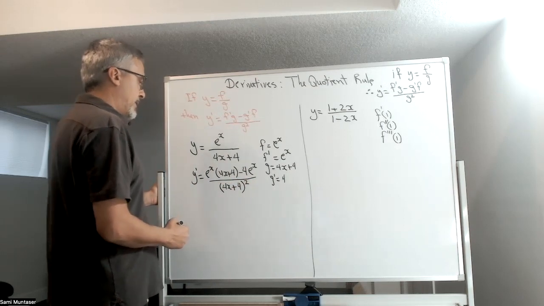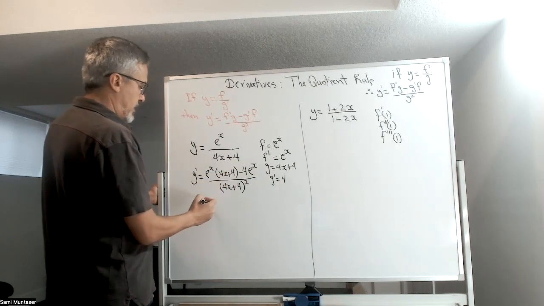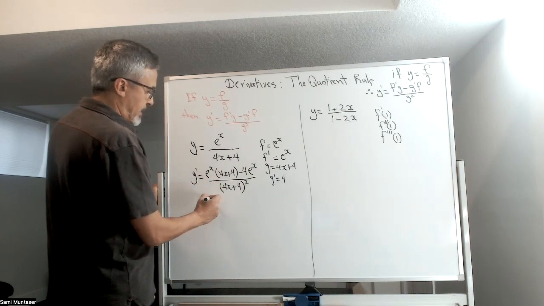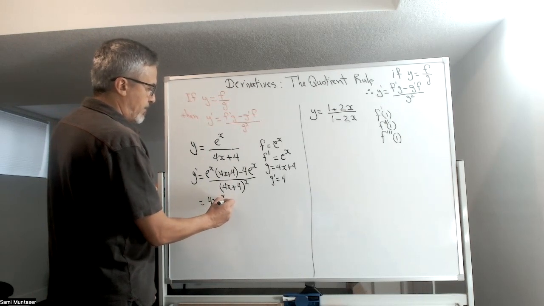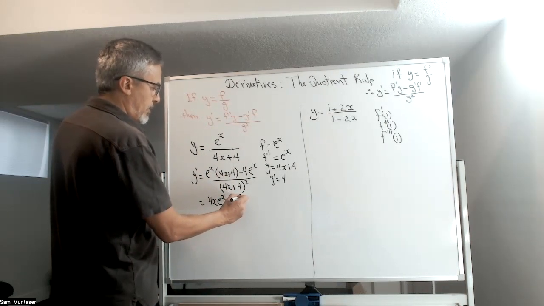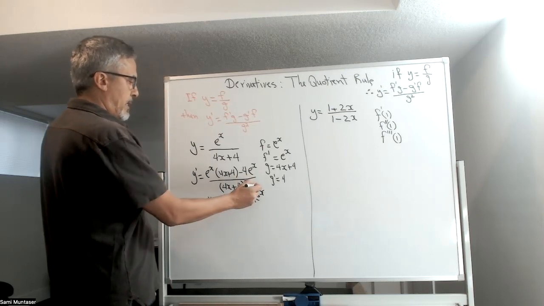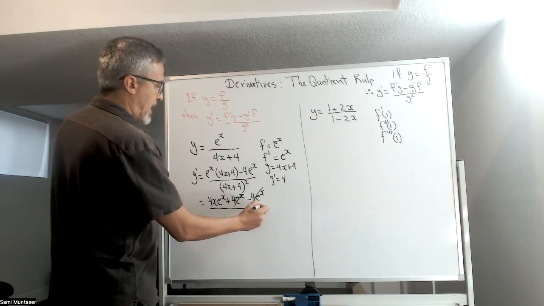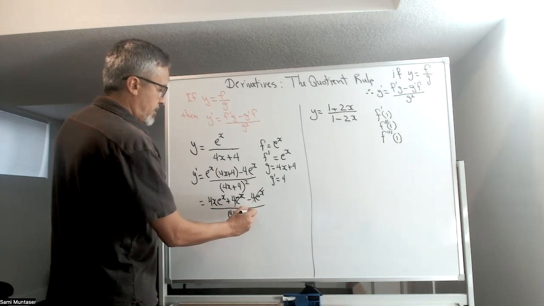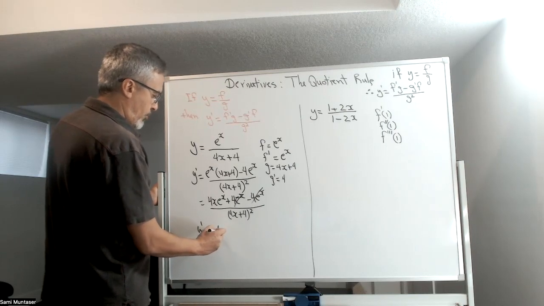Now I think we should start multiplying the e to the x into the brackets, just distributing. So we have e to the x times 4x, which is 4x e to the x, plus e to the x times 4, which is 4 e to the x. And then we still have minus 4 e to the x right here. Now this and this will cancel, and we still have the 4x plus 4 squared. And therefore, y prime here would be just 4x